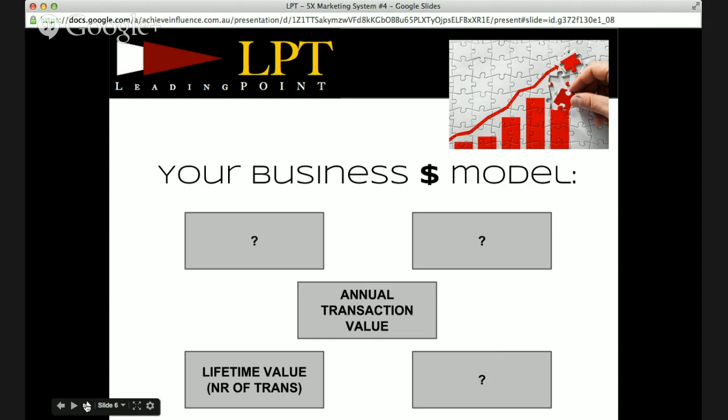Can you see the value in building 25 average lifetime transactions at the average value of $250 over a 3-year period? It is going to net you over $6,000 per client,